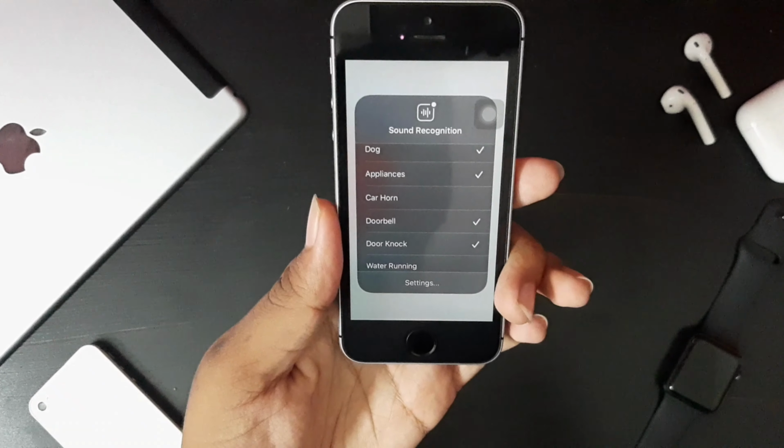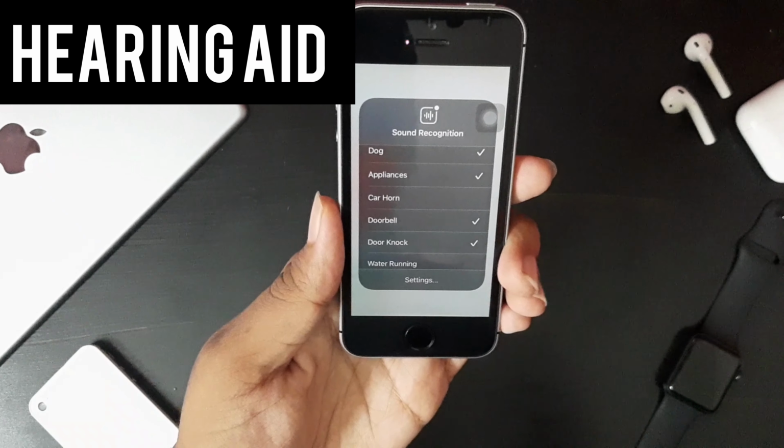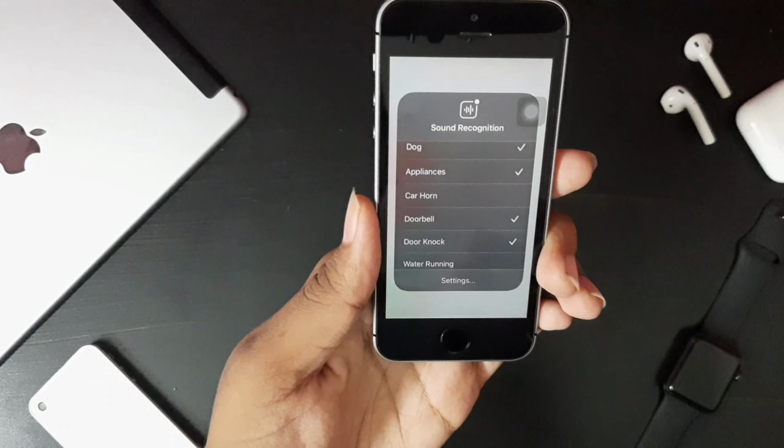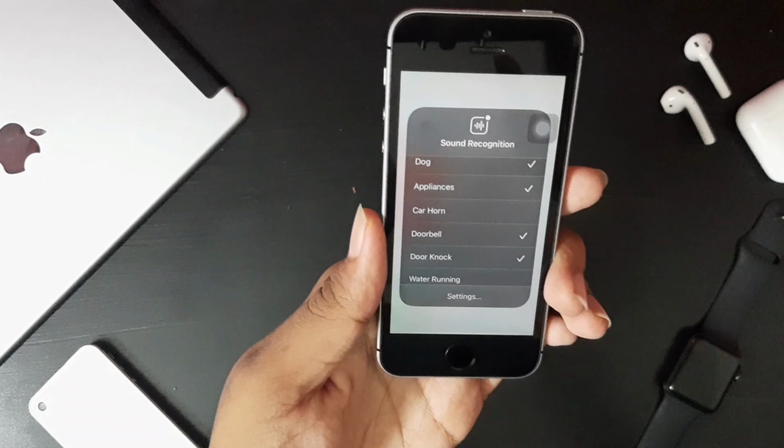Sound recognition is usually designed for people with hearing aids who cannot hear properly. This feature can help you recognize sounds from your phone and alert you in emergency cases.